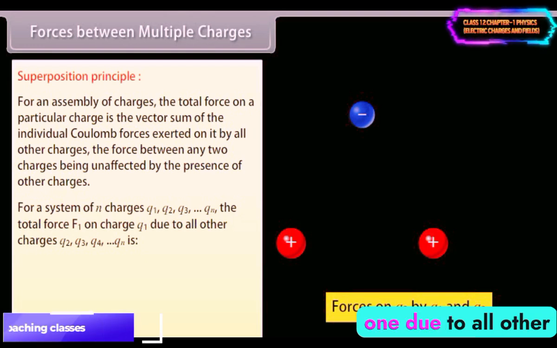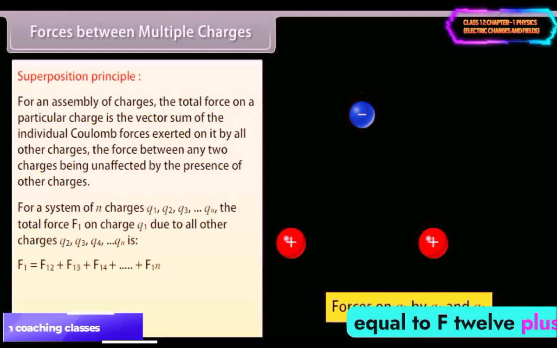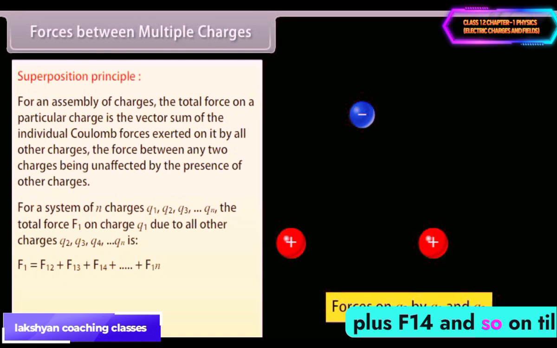For a system of n charges, Q1, Q2, Q3 and so on till Qn, the total force F1 on charge Q1 due to all other charges Q2, Q3, Q4 and so on till Qn is F1 equal to F12 plus F13 plus F14 and so on till F1n. This equation can be written as